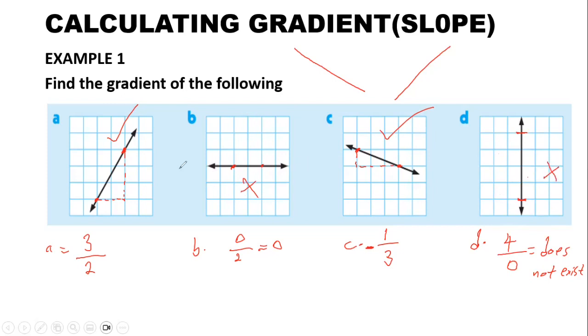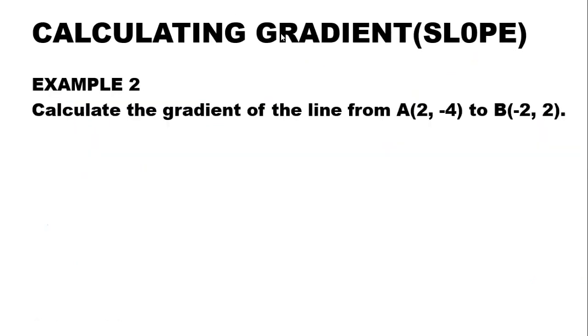Generally, the gradient of a horizontal line is 0, while the gradient of a vertical line does not exist. In this example, we are given 2 points, A and B, and we are asked to determine the gradient of the line that passes through A and B. So what we'll do is use gradient is equal to